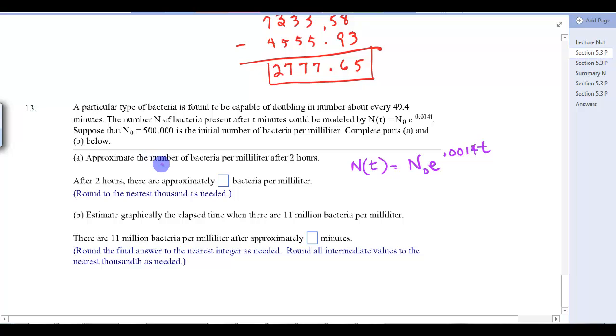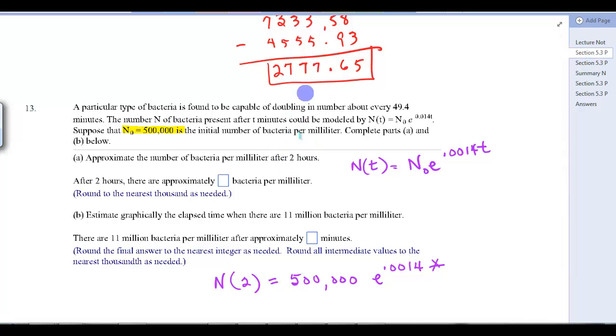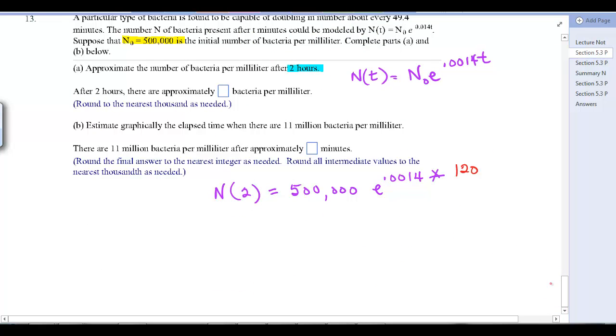All right. Approximate the number of bacteria per milliliter after 2 hours. All right, and we're given that n sub 0 is 500,000. So we would do n of 2, because it says after 2 hours, would equal 500,000, because that's n sub 0, e to the 0.014 times. Now, you have to remember that this is about after t minutes, and you're given hours here. So be sure that you convert that 2 hours to minutes, and so you would have a 120 here. Okay, so you're going to do that on your calculator, and you would get,